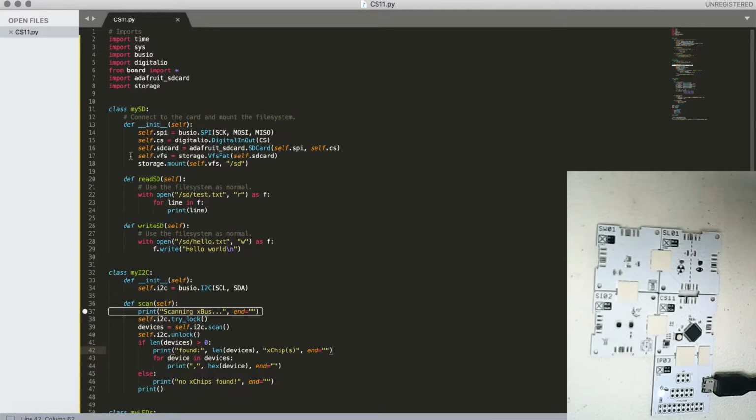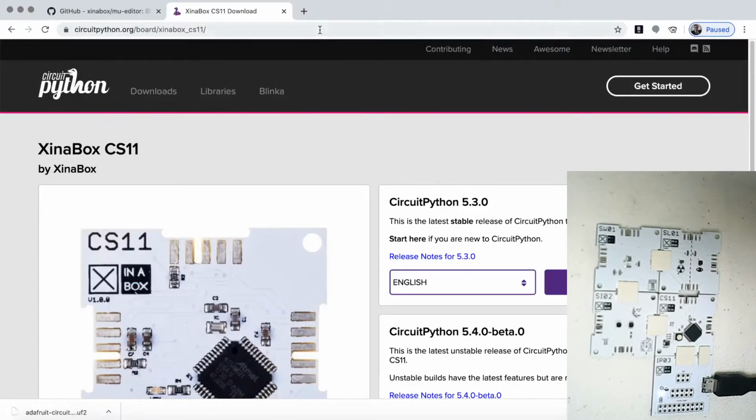So I made a class here that's called my SD. In the other one I had my network or something like that. And I have of course my I2C and my LEDs, so those are the same as last week. Let me quickly go through them, and use a little bit more time on the SD. So I have this SD here, and this is actually more or less taken straight from an example on the documentation site. So if I go here and say,